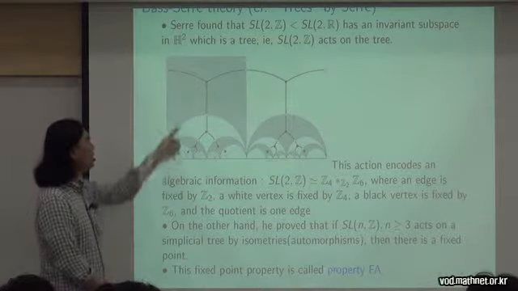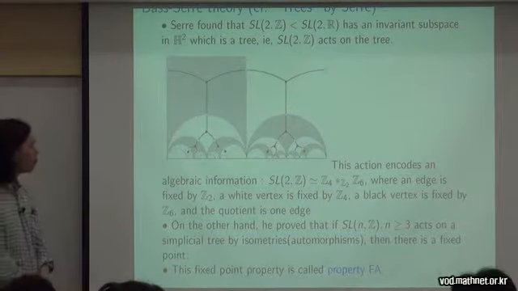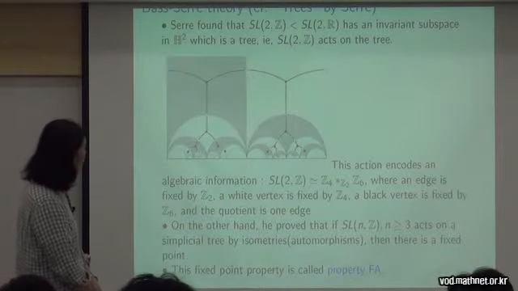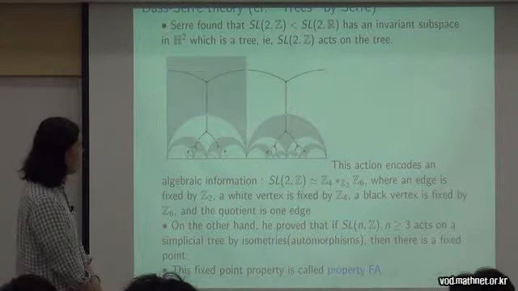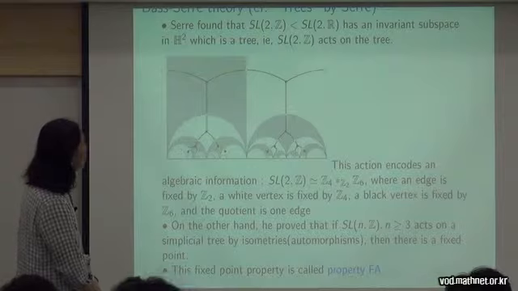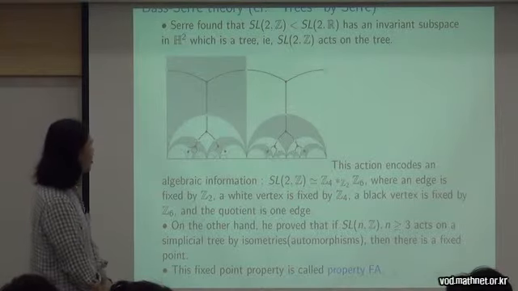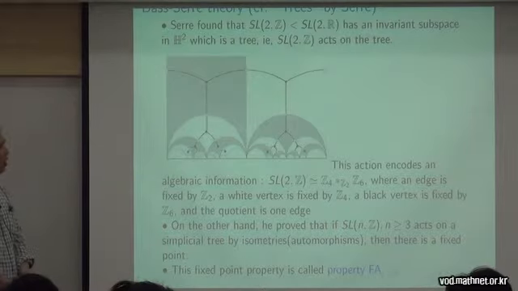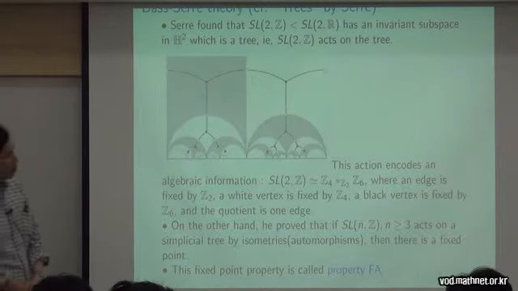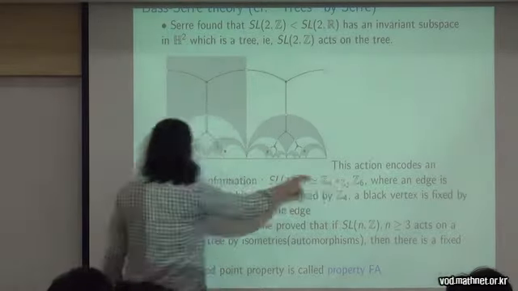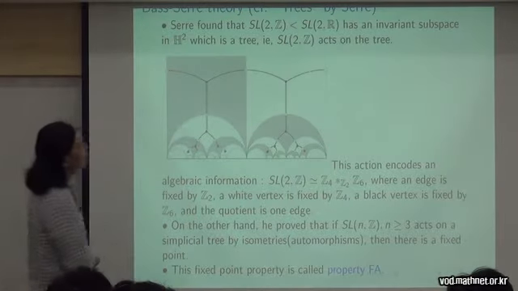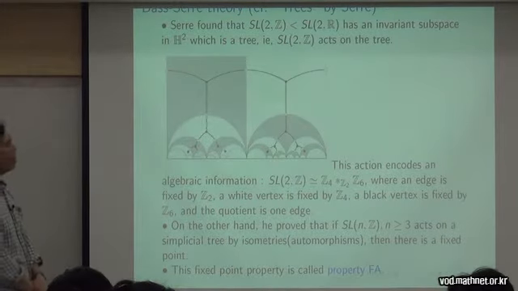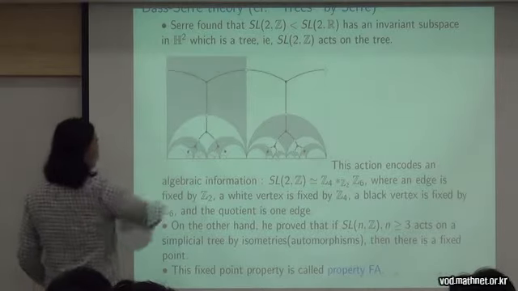The edges have only one orbit, therefore the quotient is just one edge. Also, the stabilizer of a black vertex is Z/6Z. So you only see 3 lines. It acts by rotation by